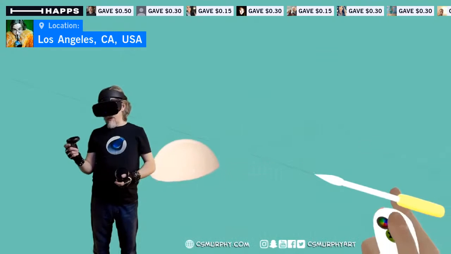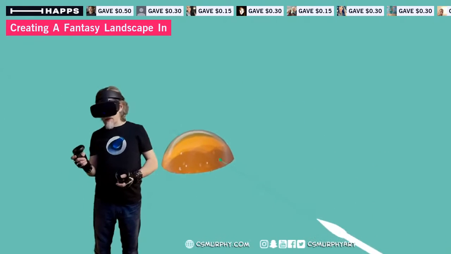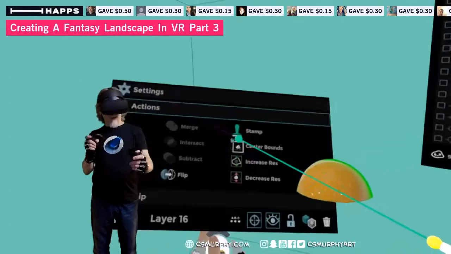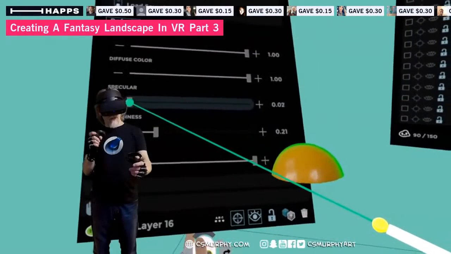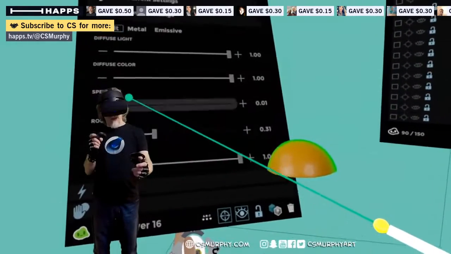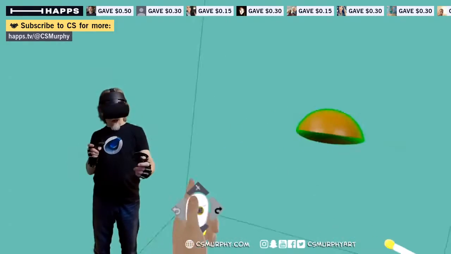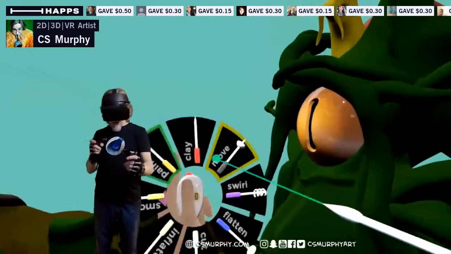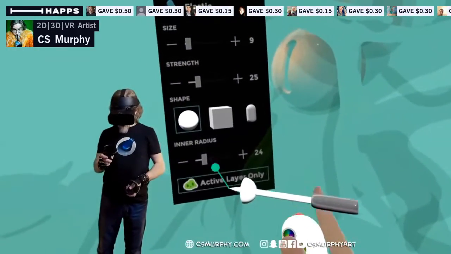I think I'm going to go with a more darker tone. I'm going to sample this back piece right here and then see if I can get that. I'm also going to change the specular highlight here. We're going to go a little rough, maybe just a little bit of a highlight, not too crazy. Just a suggestion of light. Oh, that's 0.01. Wow, okay, so that's there. And then unhide that, and then poke that out a bit with the move tool, just so we have an